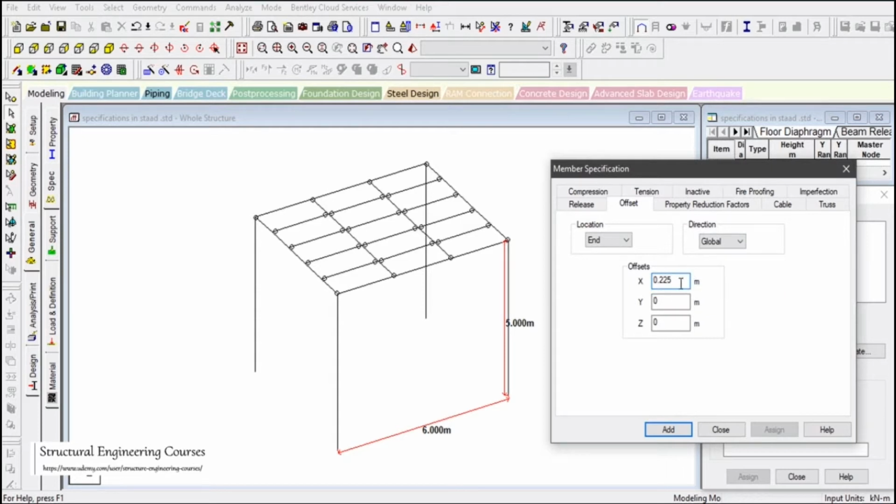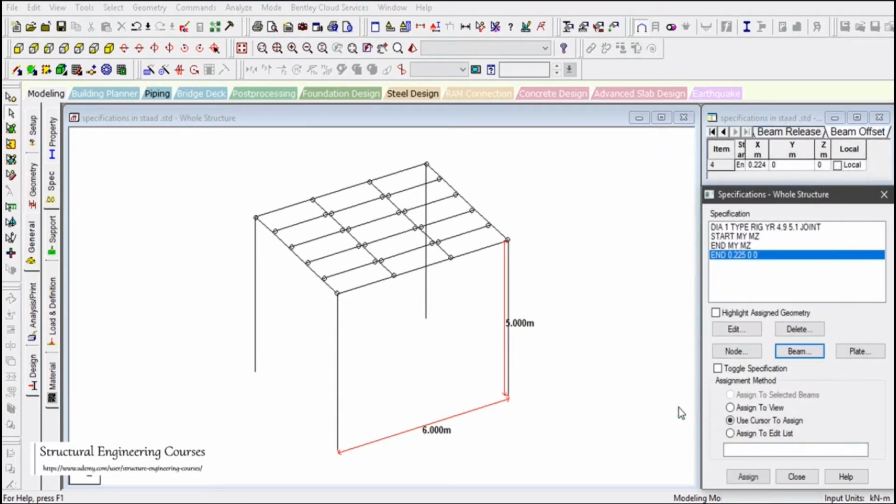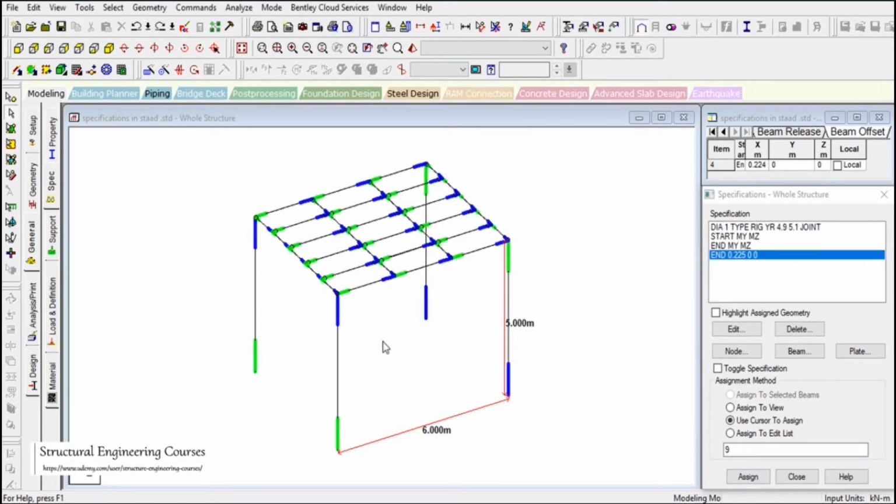So we need to select it as 0.225 and left click on add. Similarly, we need to offset this member also, but before doing that, I would like to assign this specification here. Left click here and then left click on assign.